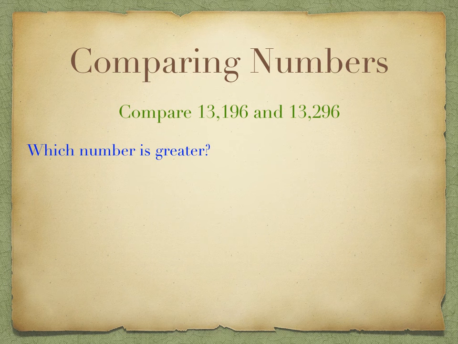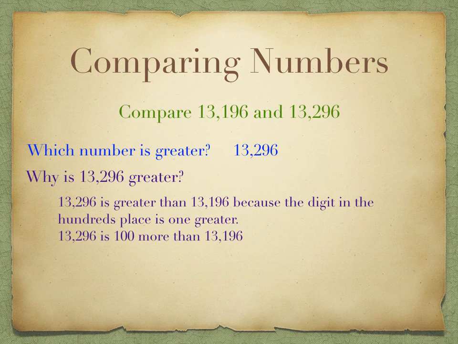Compare 13,196 and 13,296. Which number is greater, and how can you tell? Well, 13,296 is greater, and it is greater because the digit in the hundreds place is 1 greater. So in 13,296, there's a 2 in the hundreds place, and in 13,196, there's a 1 in the hundreds place, making the 13,296 greater. We could also say that 13,296 is 100 more than